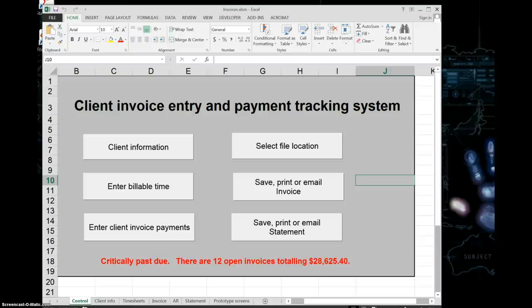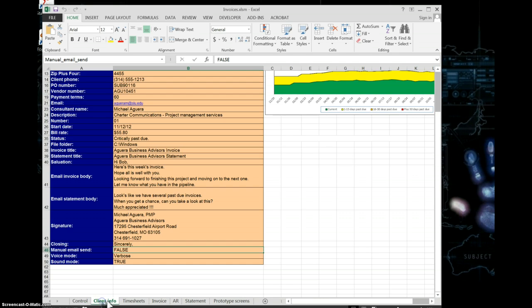We built a client invoice entry and payment tracking system. And the two basic pieces of functionality were getting the invoice out to the client and then receiving payment. So we built the application on a pretty smart spreadsheet that starts off with